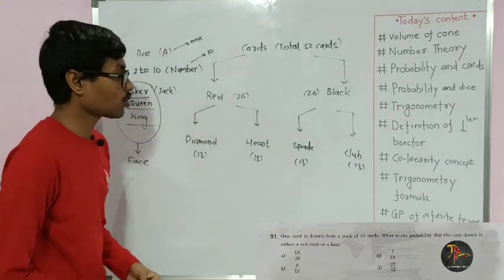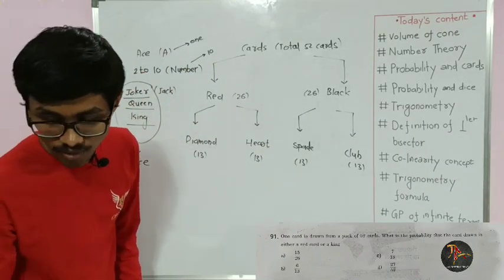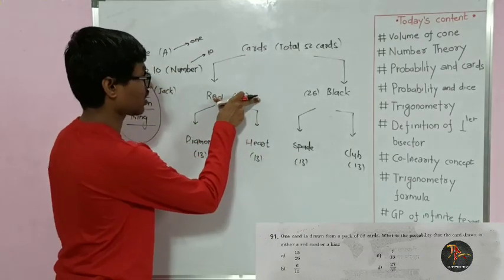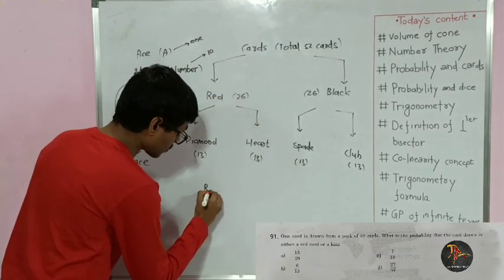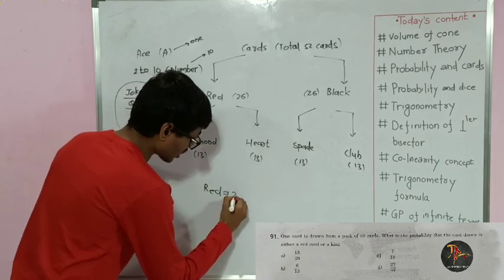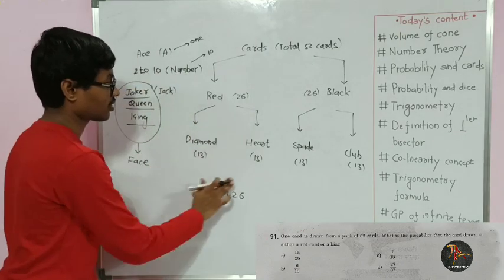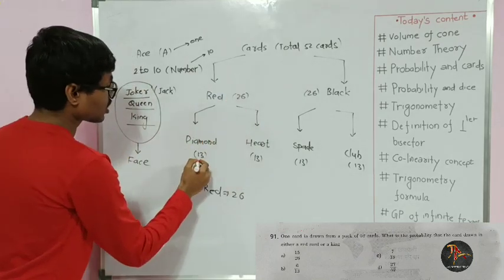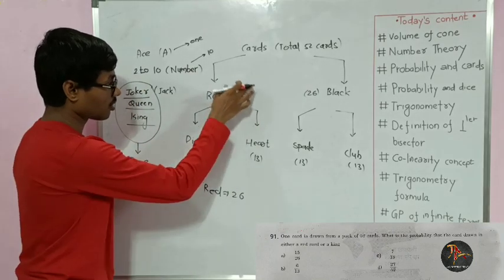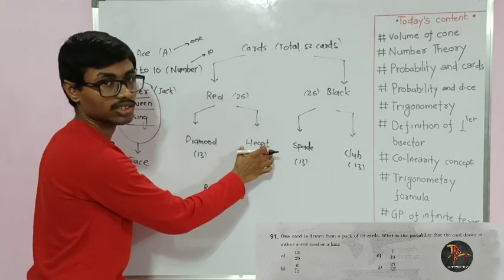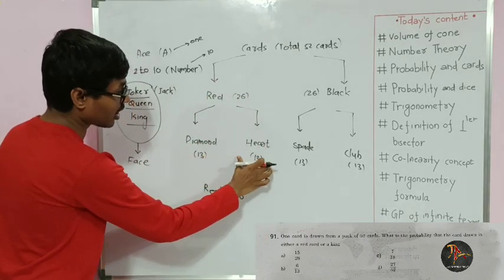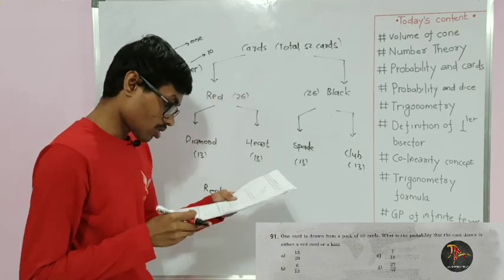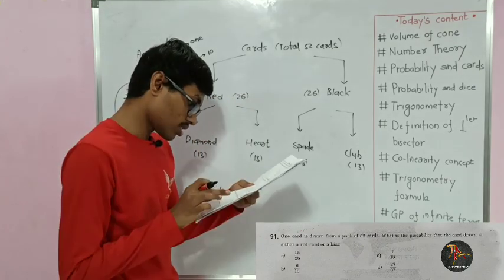Now they have asked either red card. Red cards are 26. Either red. There are 26 red cards and among this we have included diamond cards and heart cards. 13 diamond cards are and 13 heart cards. So there are total 26 red cards and or